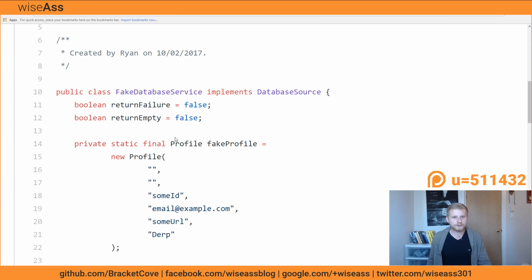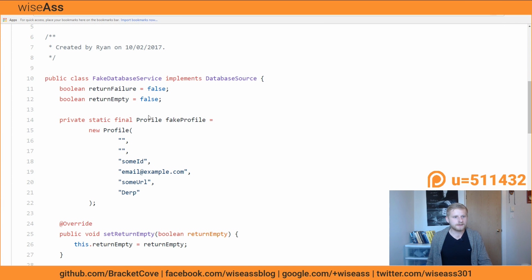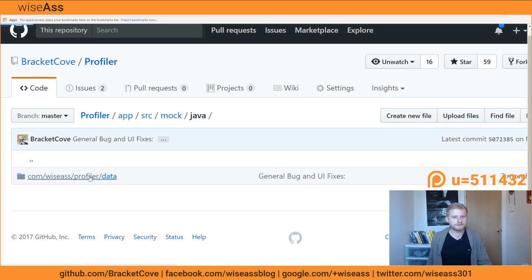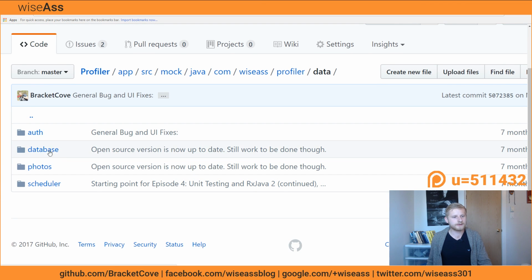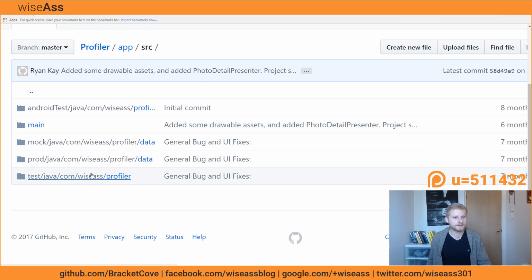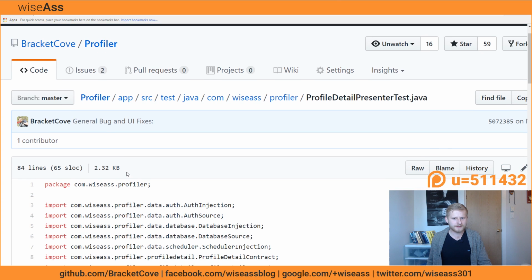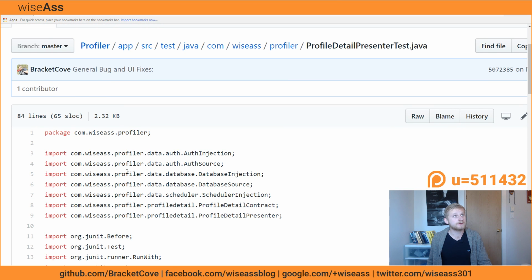Anyways, in this case, let me pull up the test class itself as well. Now, I'm not actually going to suggest people follow the Profiler repository because it was my first attempt at doing a lot of this stuff, but I just wanted to show you another way in which you can test your stuff. So let's look at profile detail presenter test. Would that talk to the fake service?